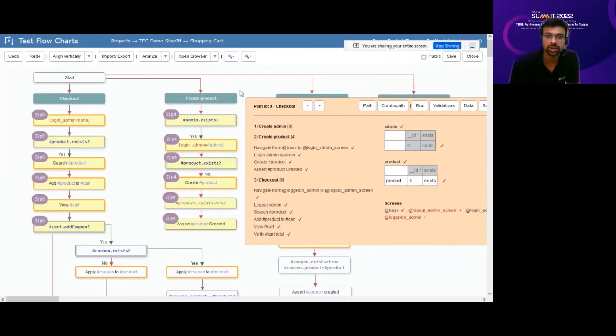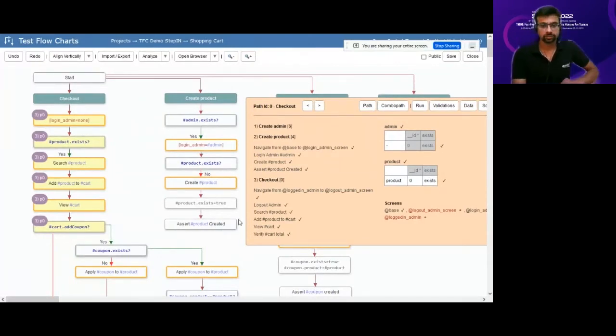So the ones in orange. If you look at this, where the boundary is orange, it's called an action node. Where it is double lines, it is called a condition or a precondition node, and where it is a single line, it is called an assertion or an outcome node.